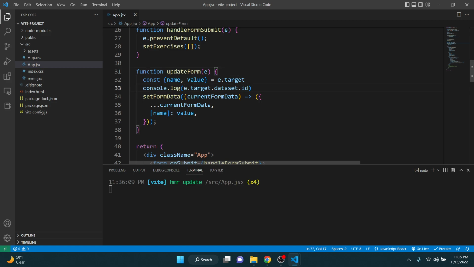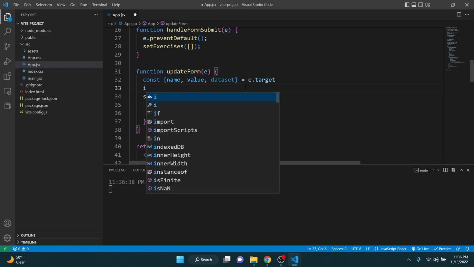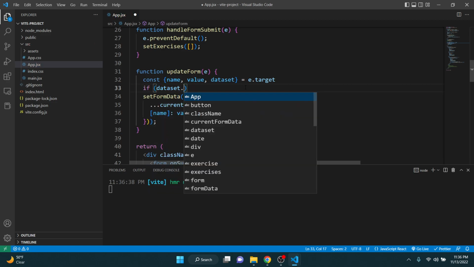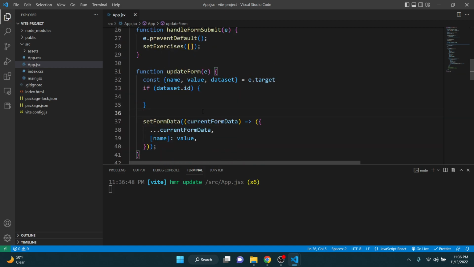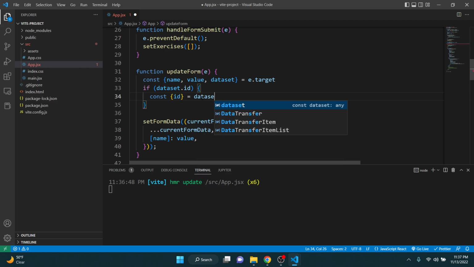We'll just do if data target data set. So if data set .id, then we will grab that ID, I guess, const ID equals data set,